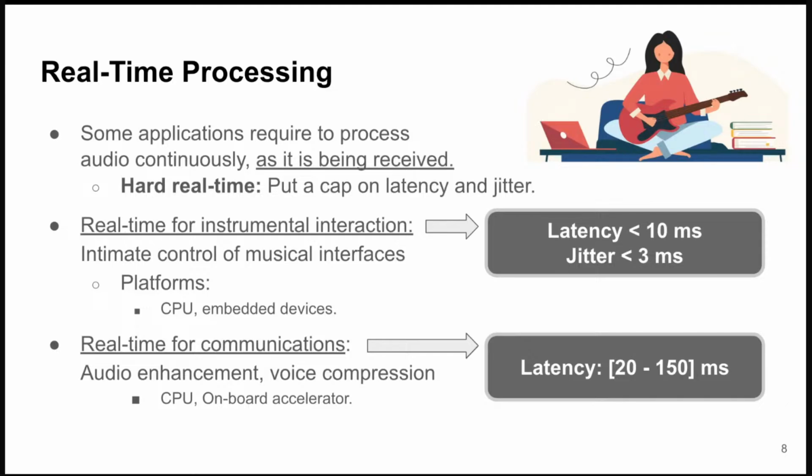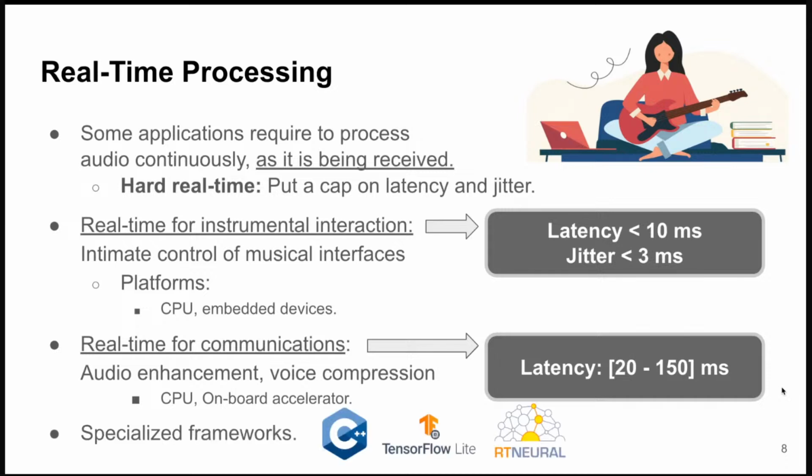And in order to achieve these types of latency and jitter requirements, we usually see people implement their inferencing process with some kind of specialized framework. Usually this will be in some lower level language where you have more control over the things you need to do to make your code run in a real-time way, which we'll get back to later. So you'll see people writing code in C++ and Rust, and you'll see inferencing engines like TensorFlow Lite or RTNeural. And again, we'll talk about this a little more later on.